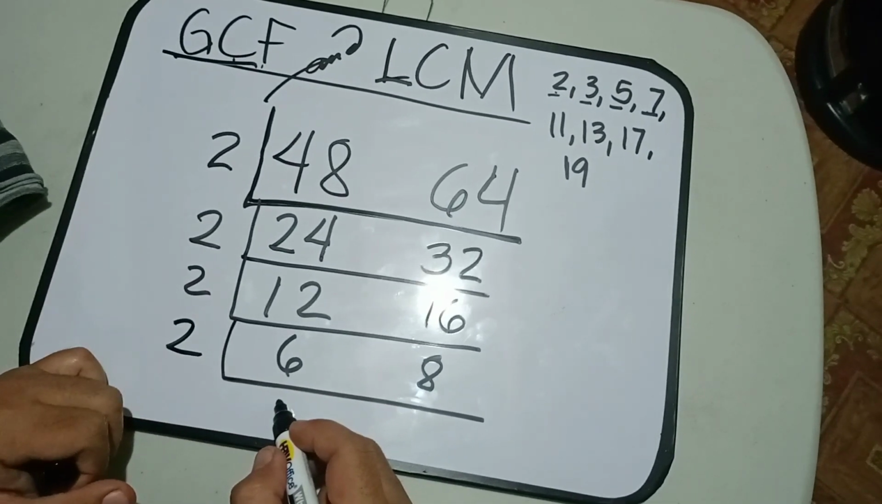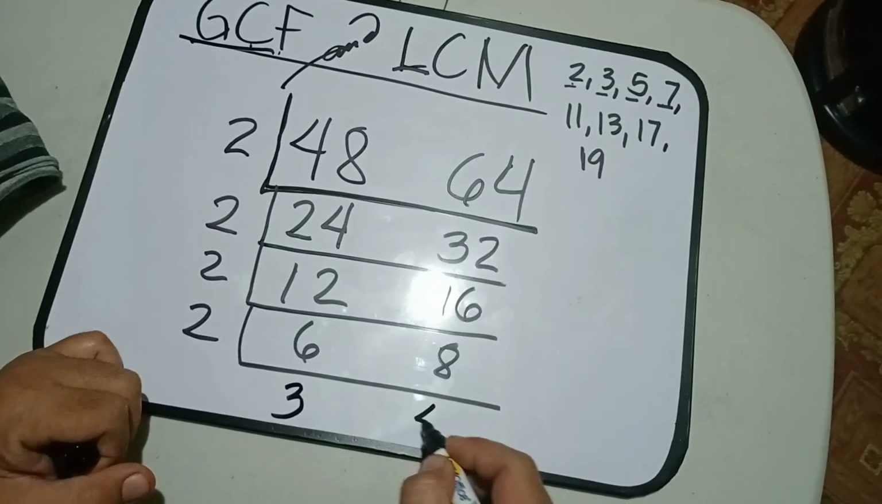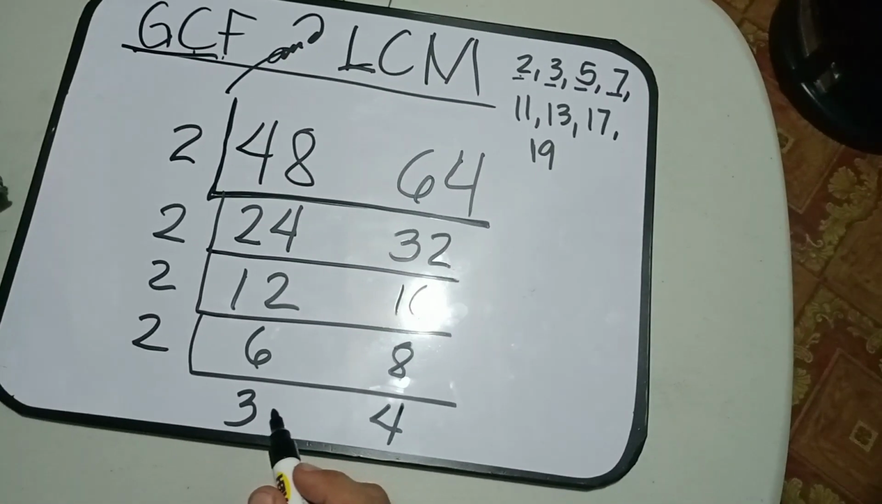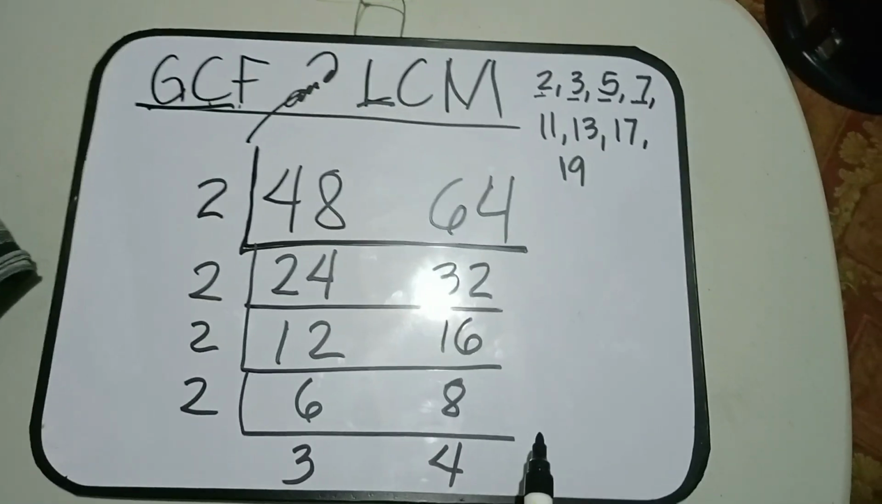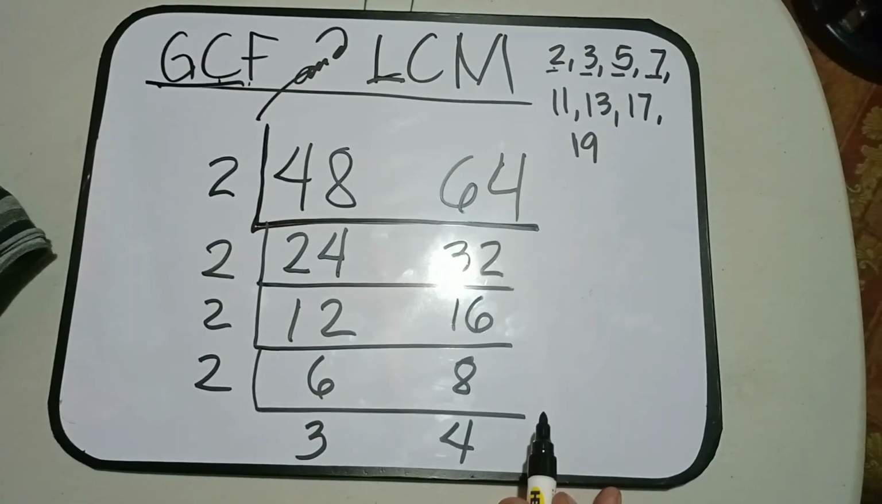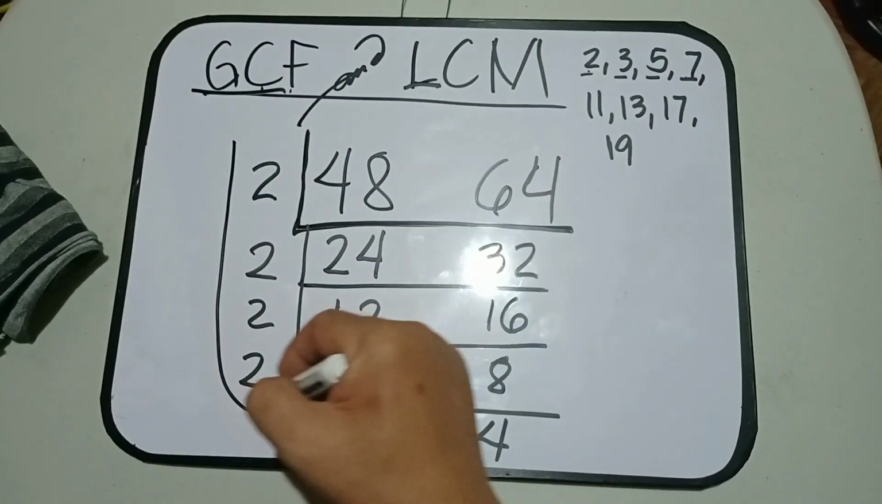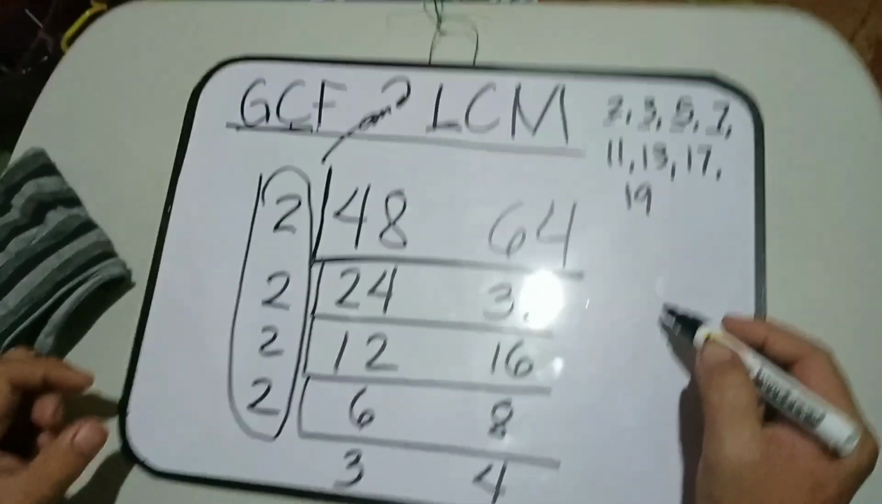We have 3 and 4. So, this time, si 3 and 4, wala na siyang common factor. So, we cannot divide that anymore to a common factor. So, that means, tigil na tayo dyan. Ano yung GCF? So, ang GCF natin is these numbers. Okay? So, ang GCF natin will be